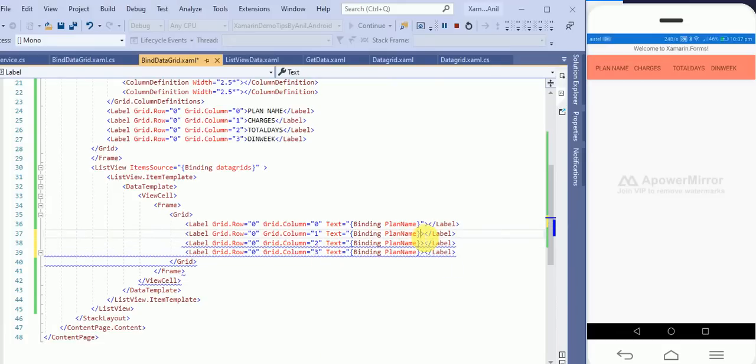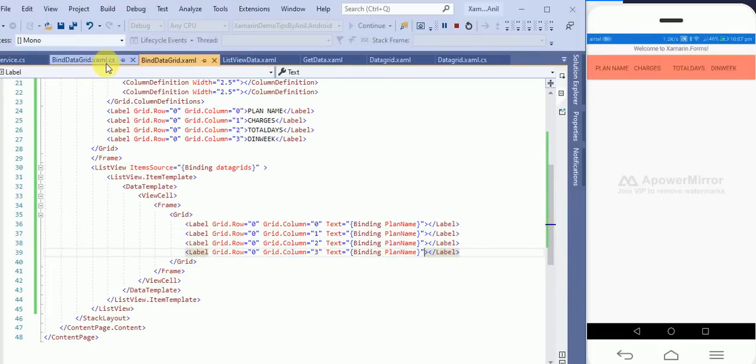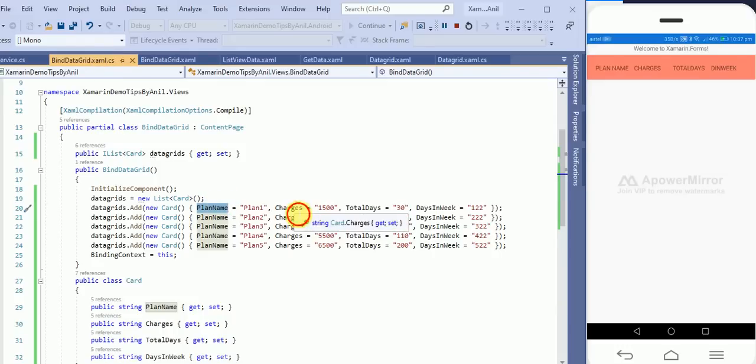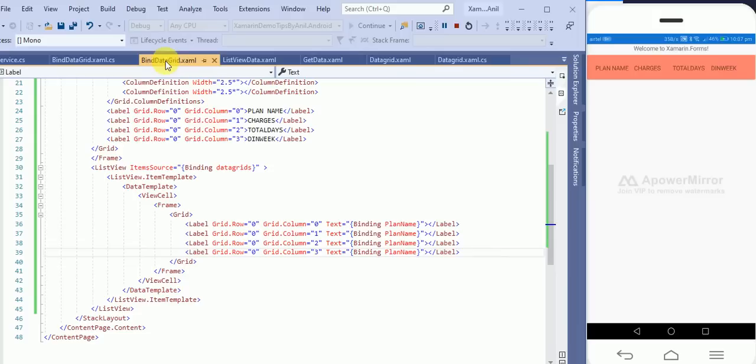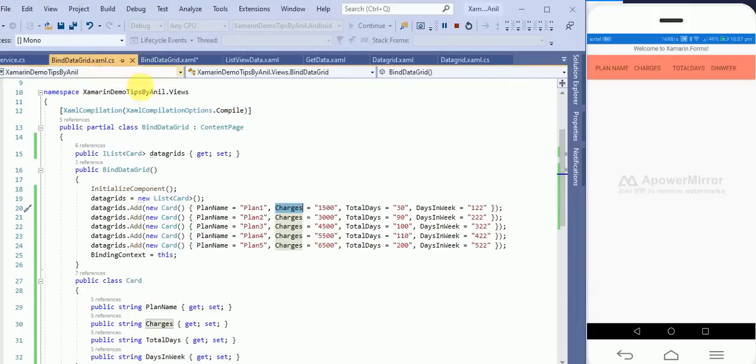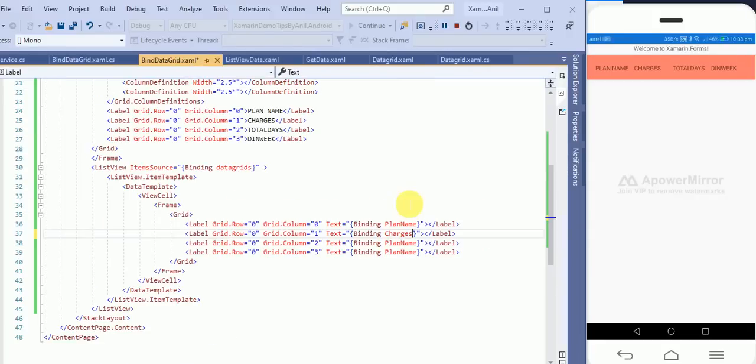The bracket, but don't forget the property name. Only copy and paste, don't write it, otherwise you can make a mistake writing it and the data will not be populated.